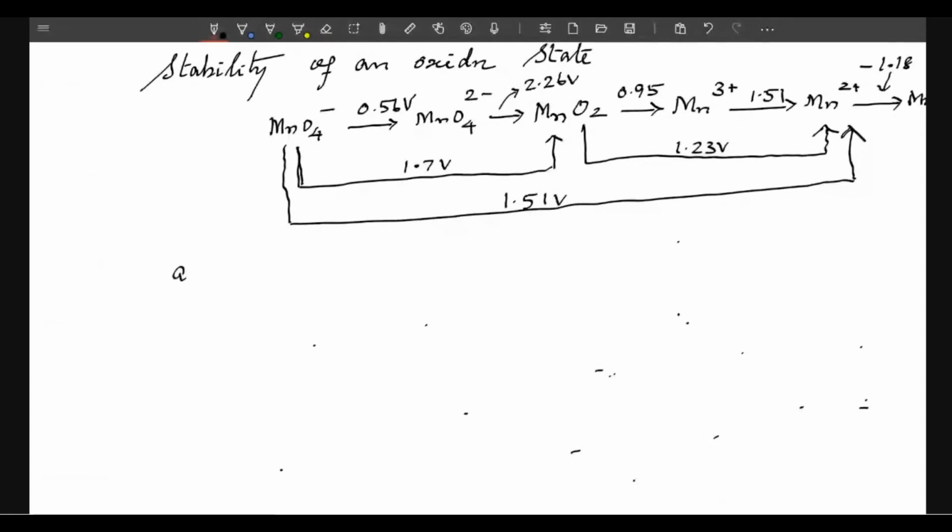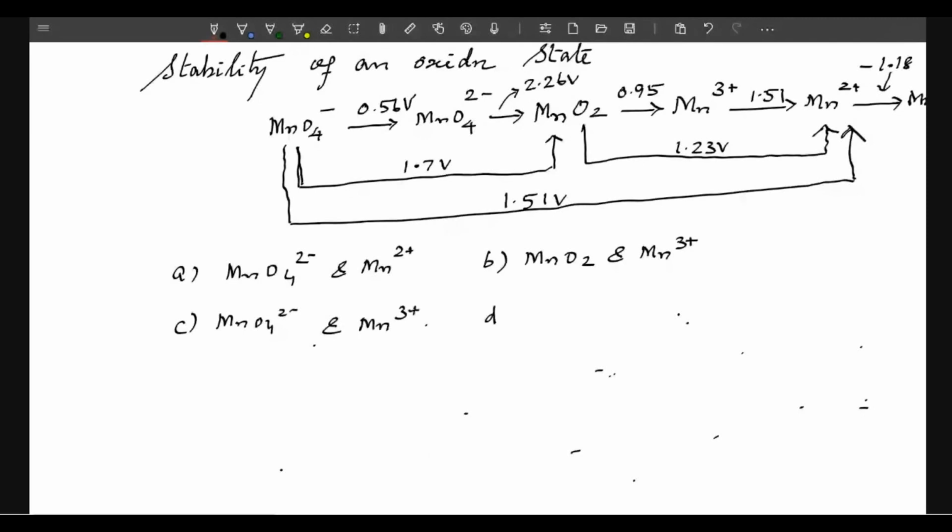A. MnO4 2 minus and Mn2 plus. B. MnO2 and Mn3 plus. C. MnO4 2 minus and Mn3 plus. D. MnO4 2 minus